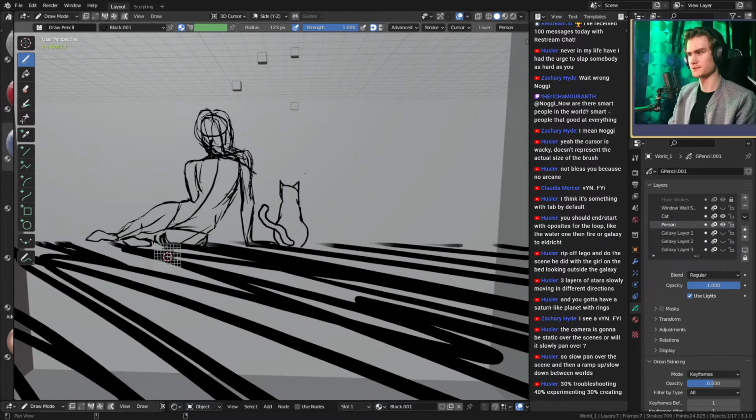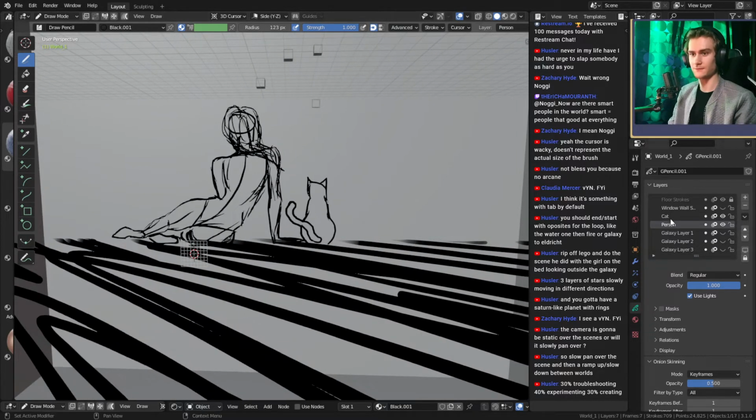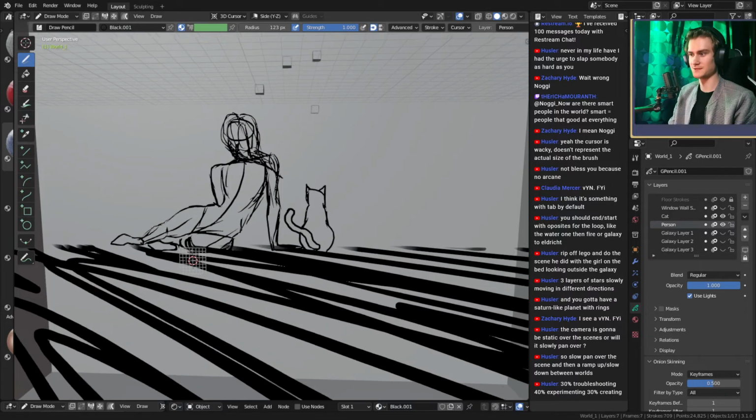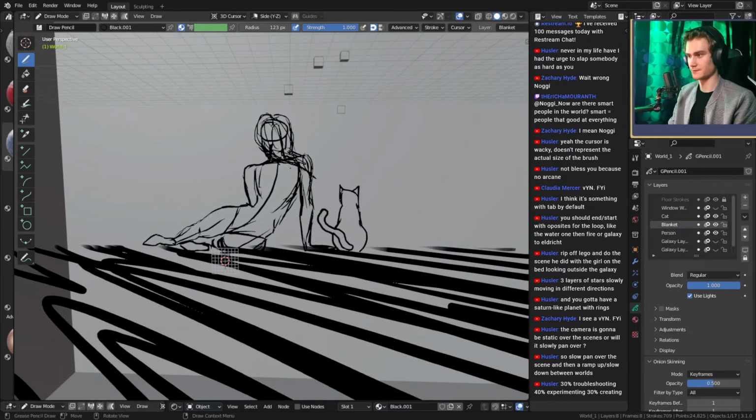Maybe the hair could be its own. Well, it's just a sketch. Okay. We have the cat here, and then the tail could also be a separate layer, but not now, okay? And then we have the blanket. Perfect. And the blanket will be